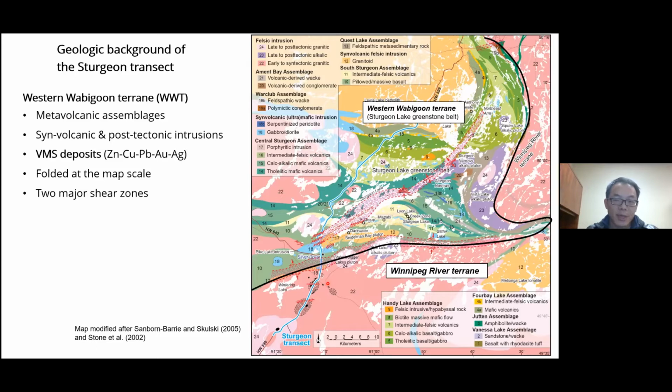That's largely represented by 2 phases in this map area, which are 2735 and 2720 million years intrusion. Also, there are a lot of post-tectonic intrusions. And economically important is the South Sturgeon assemblage in this part that hosts several past-producing VMS deposits, represented by the Mattabi mine, that's a major one, producing zinc, copper, lead, silver, and gold. Structurally, in the map scale, it is folded,